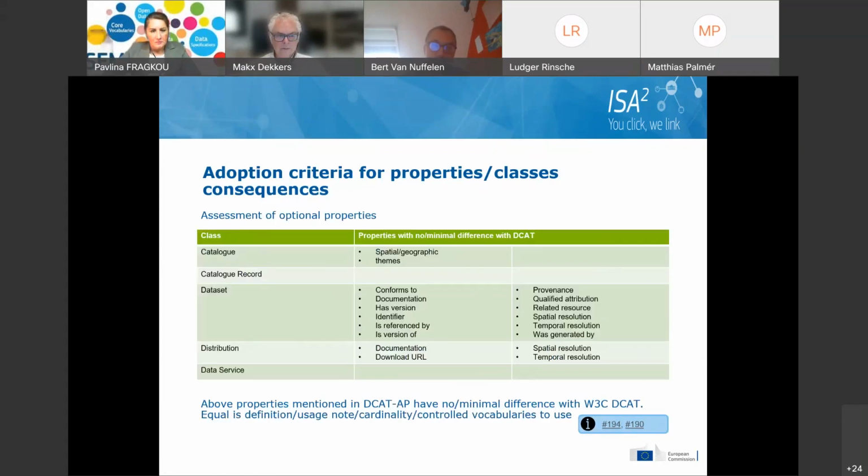Okay, so the next one was, and this is already listed, that if we take out and look at the properties and classes that we have, and see the adoption criteria that I just presented before, what is the effect? And then just look at the specification, and this is the list of properties which have no or minimal difference with DCAT. Minimal, I mean, there's a slight difference in the usage note, but not something that is